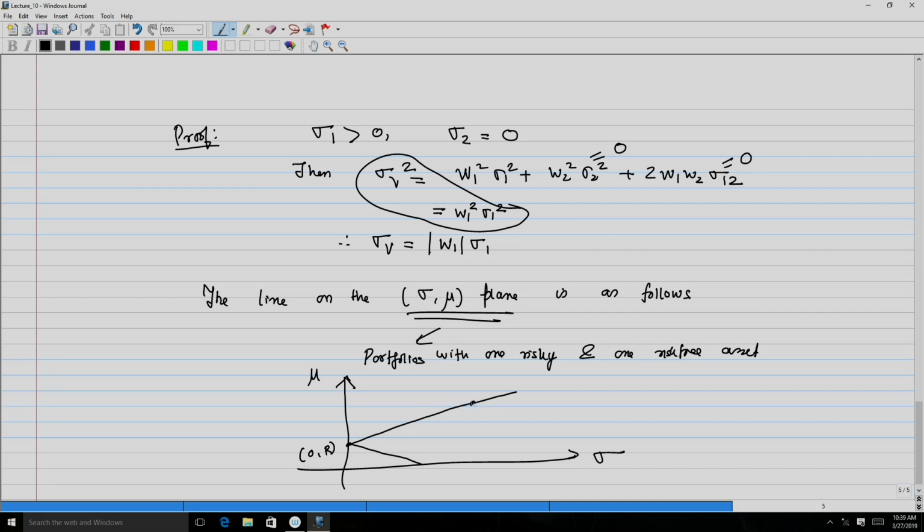Then this is what the feasible portfolios or all the possible portfolios will look like, and this is basically like a pair of straight lines, as opposed to the parabola that we had seen in case of a portfolio just comprising of the risky asset. And this particular stretch here, this is the region where there is no short selling,